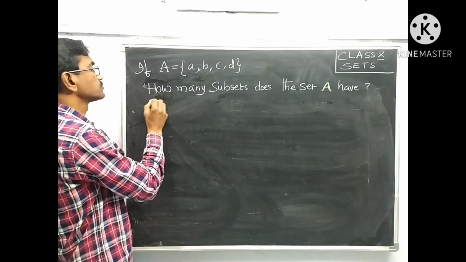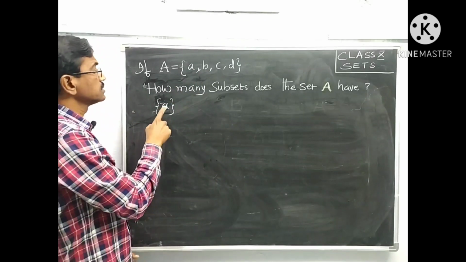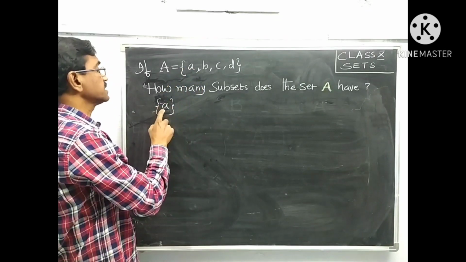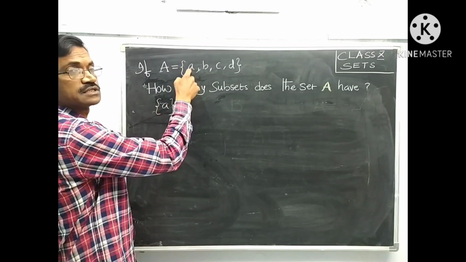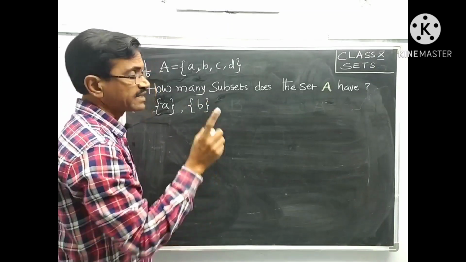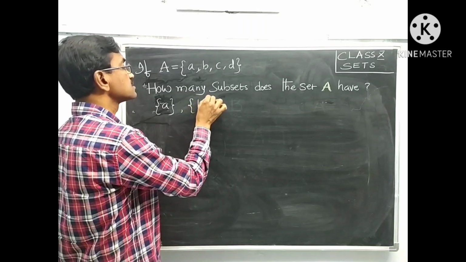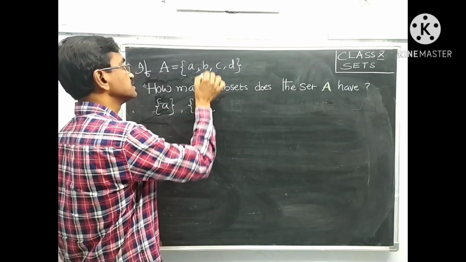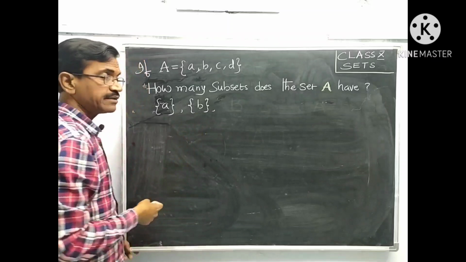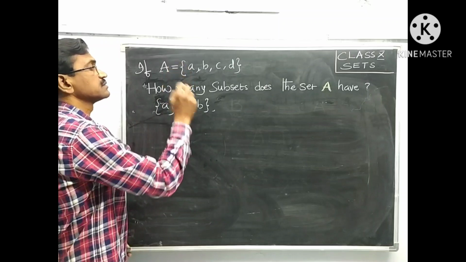Let us write. Taking one element A, there is only one element. This is also a subset of this set, because A belongs to A. So let us take the B element. First of all, we take one element. B is also a set, because it has braces. So this element also belongs to this set. Therefore, this set is a subset of this set. Now we didn't give any name here, but even though it is a set, this is also a subset of this one.